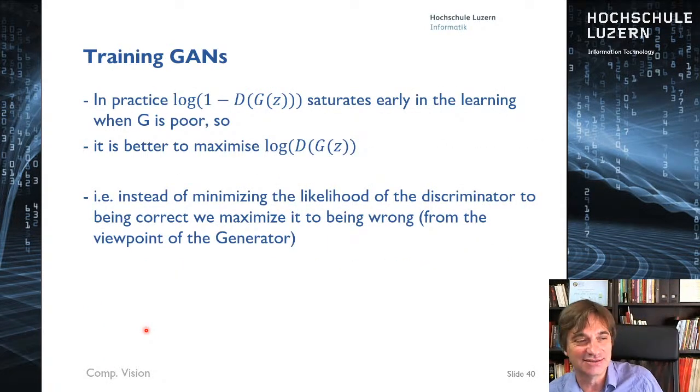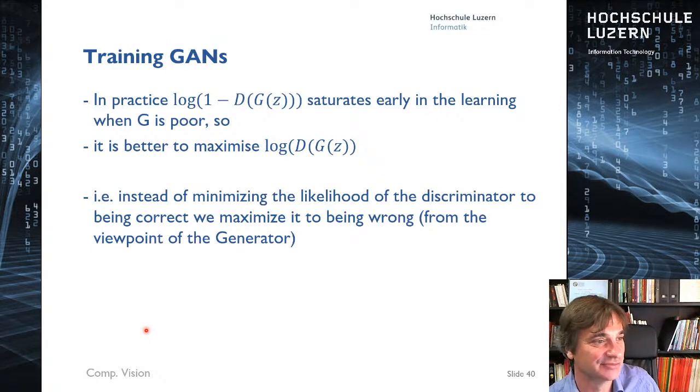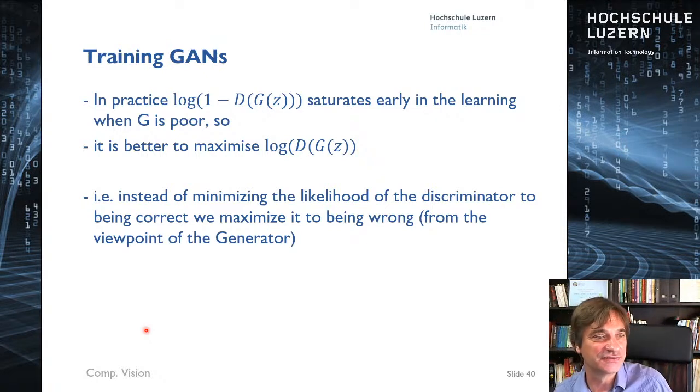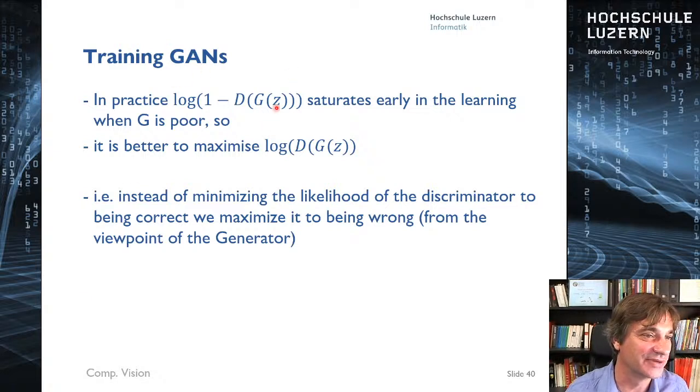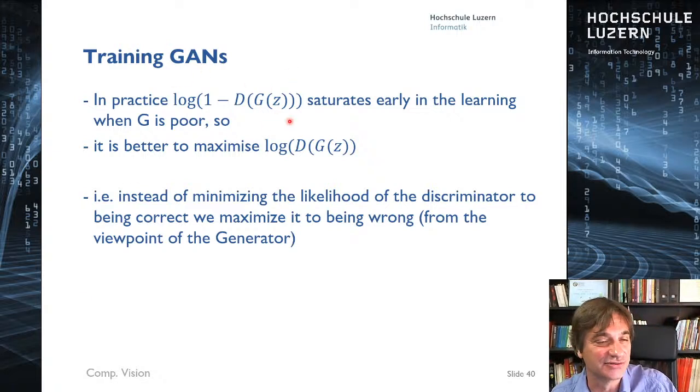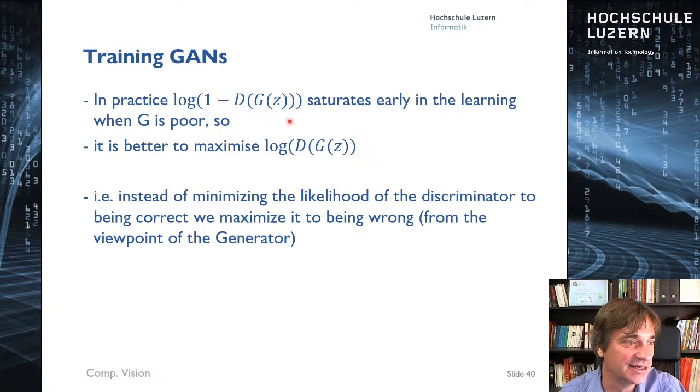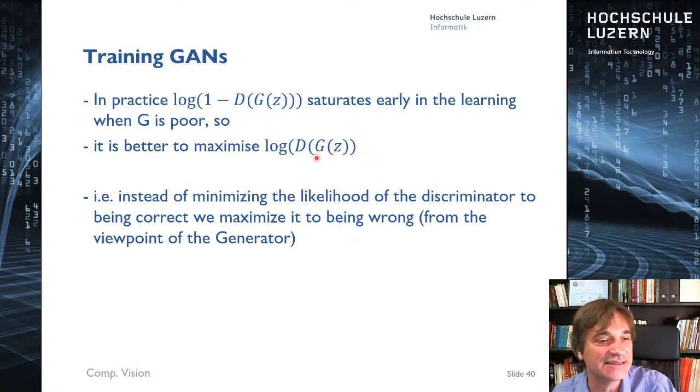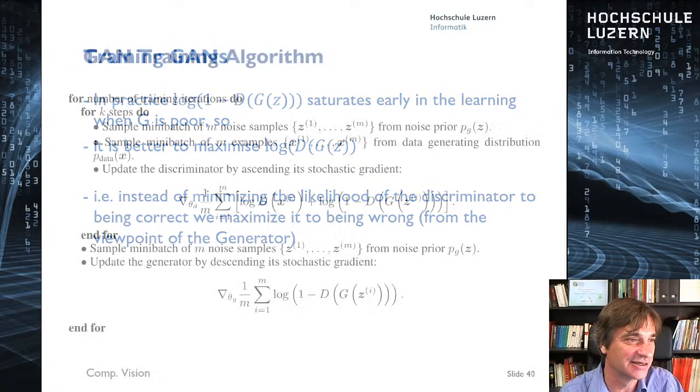So training GANs is not so easy. There are some things involved. One is that this term saturates early, and so you can write it a bit differently. So it's better to maximize this function here. This helps a little bit. And one other problem then, if you do that,